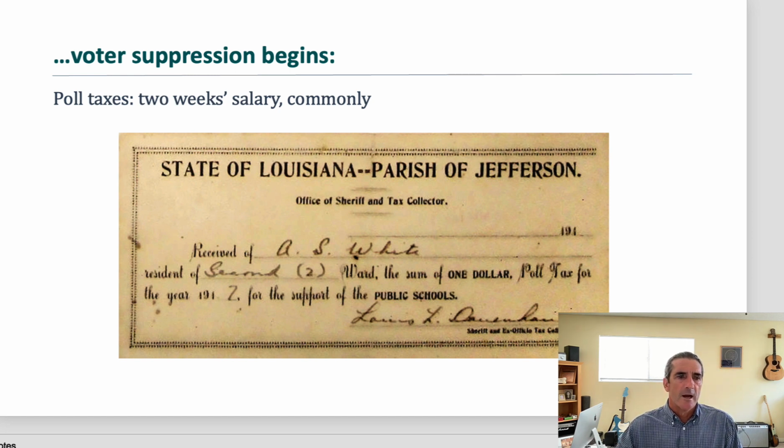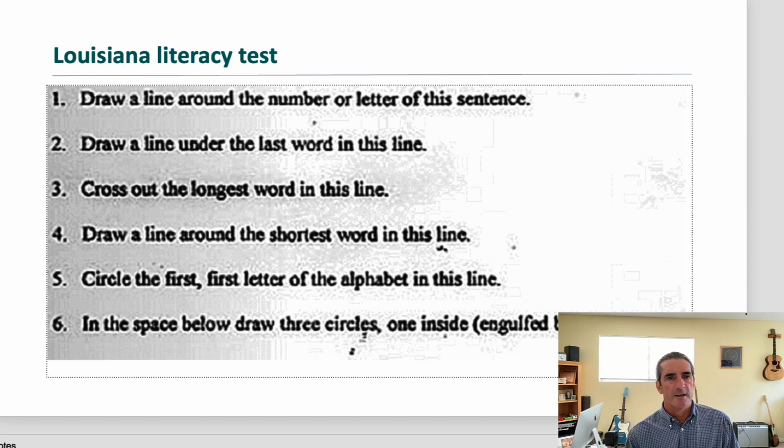We also at this time saw the imposition of literacy tests. And again, not to pick on Louisiana, here are some examples of literacy test questions that were imposed on voters. And some of these, you can handle. Some are just so strange that understanding what the question is even asking, never mind answering it, is pretty convoluted. It continues on. Here's some more.